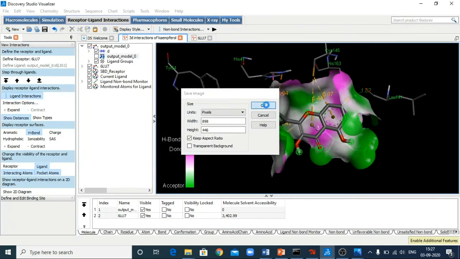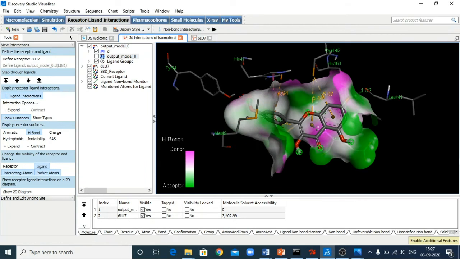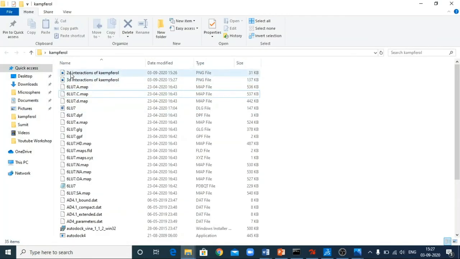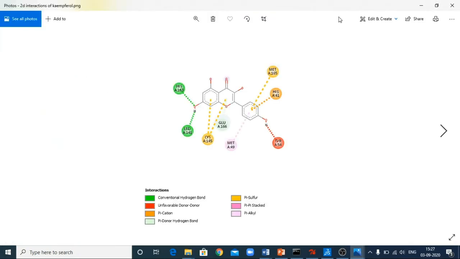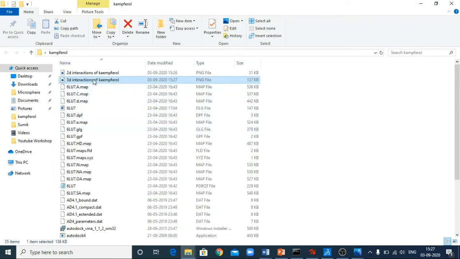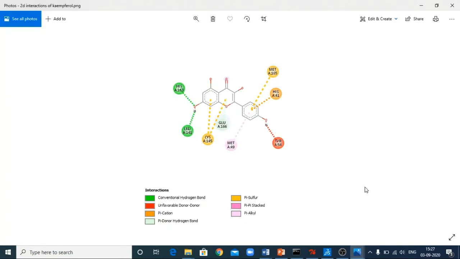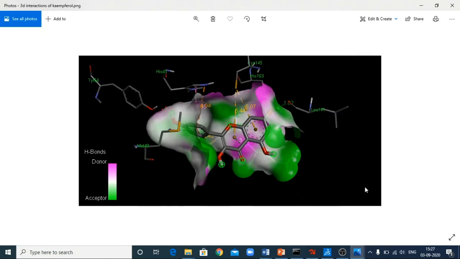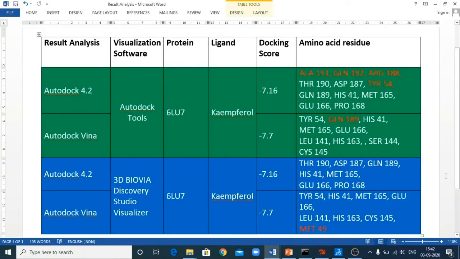Again adjust the pixels as per your requirement and click OK. Now go to your kaempferol folder, open the 2D interaction of kaempferol and 3D interaction of kaempferol. Yes, now you can see the 2D interaction is given here and 3D interactions are displayed here. So you can use these images for your publications.